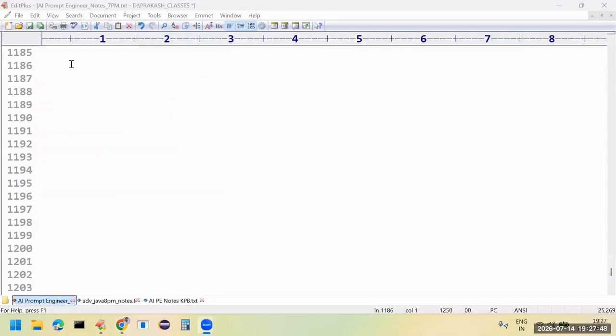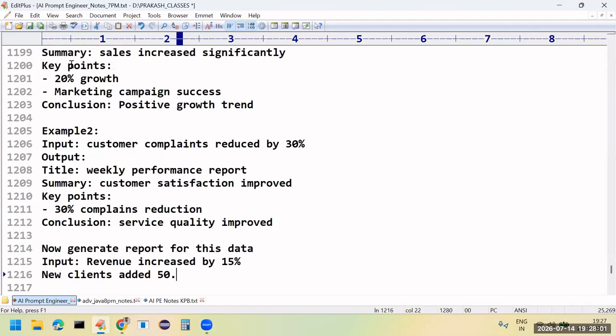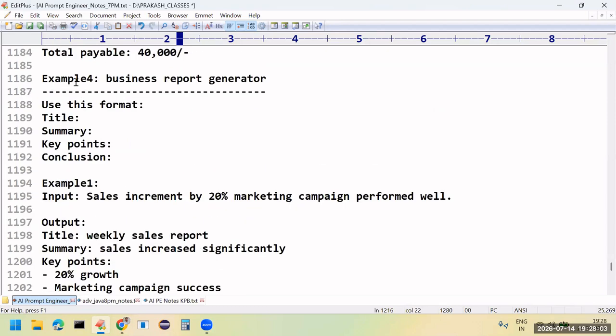So, the next example is example number 4. Business report generator. I want to generate a business report. Already these prompts are with me. Use this format: a title followed by summary, followed by key points, followed by conclusion.